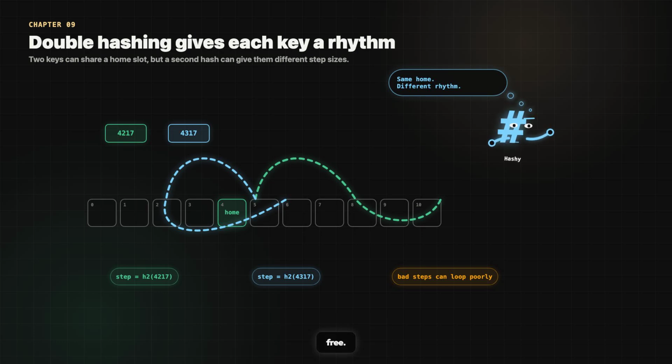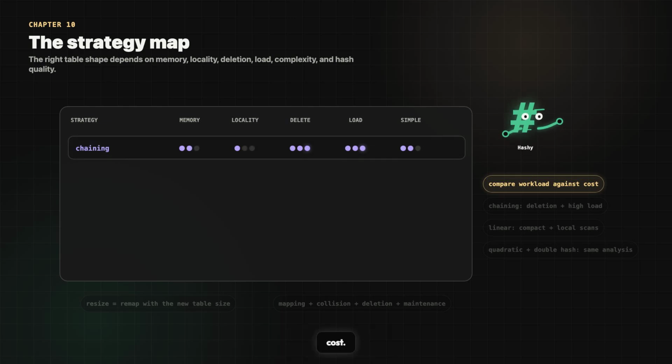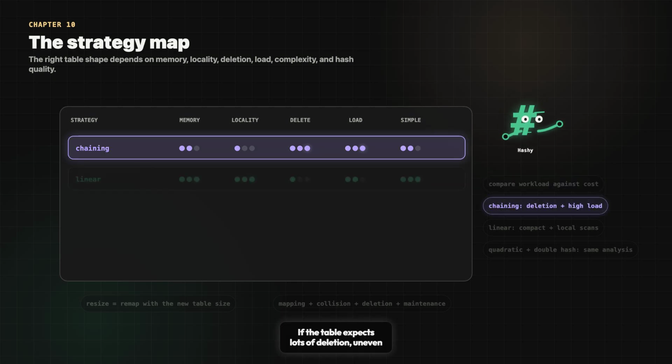With all 4 choices visible, Hashy can finally compare the trade-offs. So which strategy should Hashy choose? There is no universal winner, so the useful move is to compare the workload against the cost. Take 2 rows. If the table expects lots of deletion, uneven load, or more records than main slots, chaining starts to look attractive. It keeps deletion simple and handles high load more comfortably, but it gives up some locality and